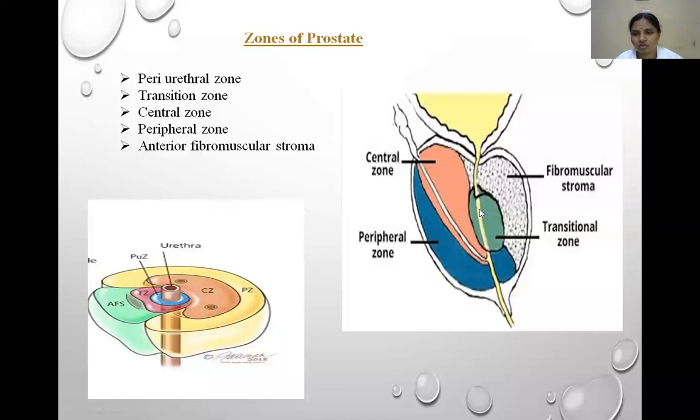Where it is just surrounding the pre-prostatic part. So the part of the prostate gland surrounds the urethra. Whereas the central zone represents the part of the prostate that surrounds the entrance of the ejaculatory ducts. That is the central zone. And the rest, the posterolateral aspect, is represented by the peripheral zone. This is the rest, the peripheral zone. It is prone to carcinoma. This is the area.